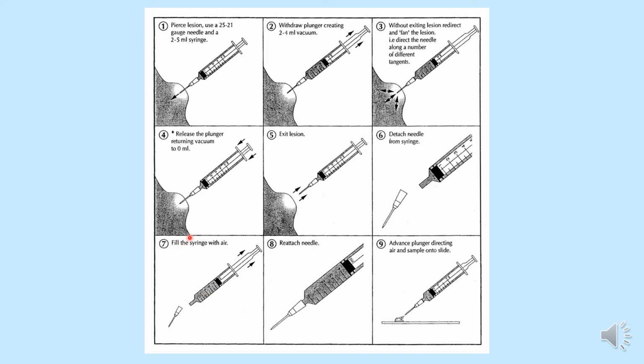All right. So we fill air into the syringe, connect the needle back, and then push the air out. When you push the air out, the contents come onto the slide, and thereafter you prepare the smear, and that's how an FNAC is done. All right. So very important